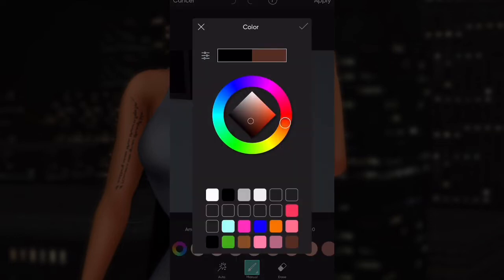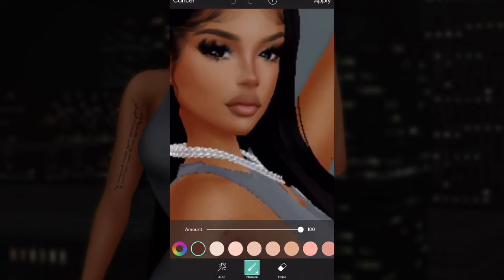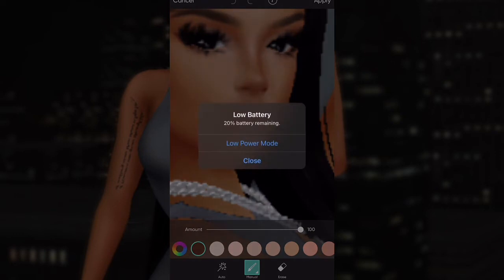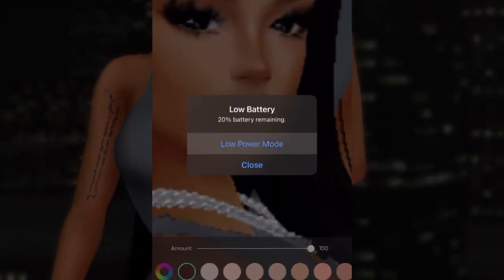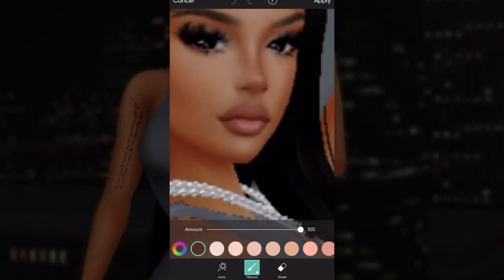I go in with the same brown that I used to shade her skin, and I put some lip. Not my phone going dead. Nobody cares. I go ahead and put lip liner on her. Like, what? I love doing this in real life and on my Abby. It just makes her pop. I don't know what it is,